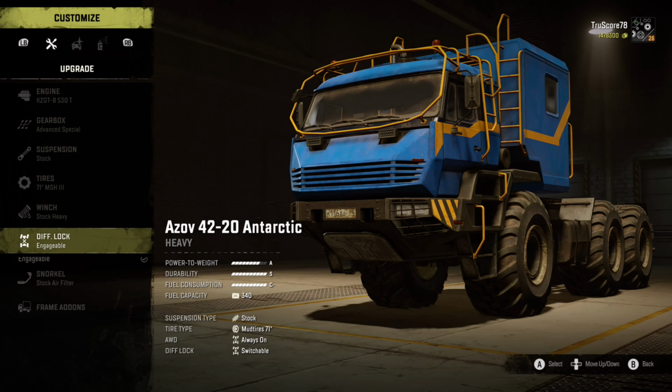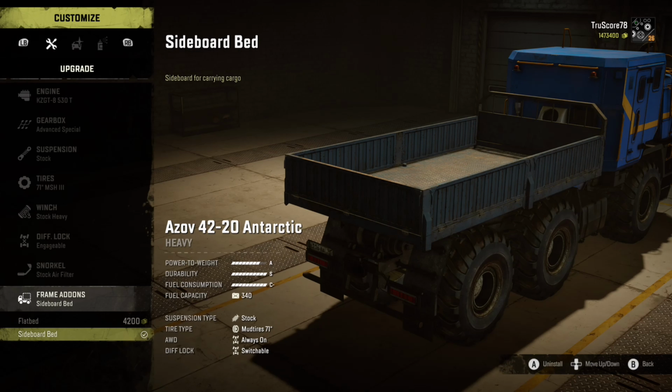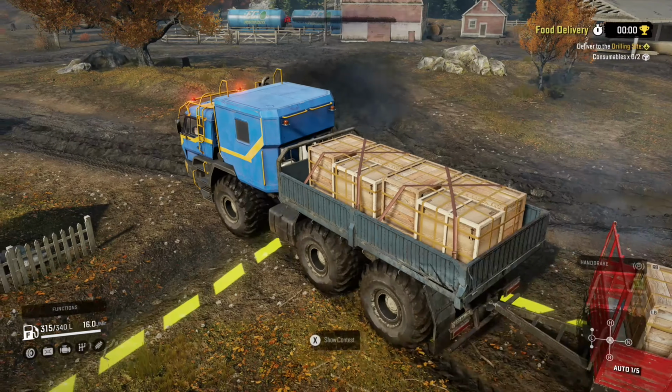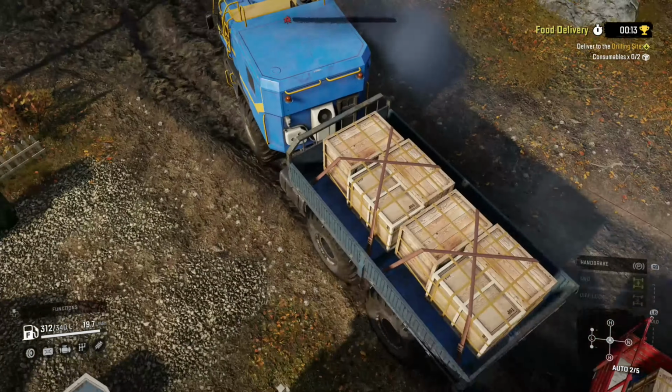Number 6, Azov 4220 Antarctic. A prototype polar expedition vehicle, the Antarctic is designed to excel in the deep freeze conditions of the far north. Outfitted with armored wheels the size of a small family car, a unique fuel-efficient powertrain, and an